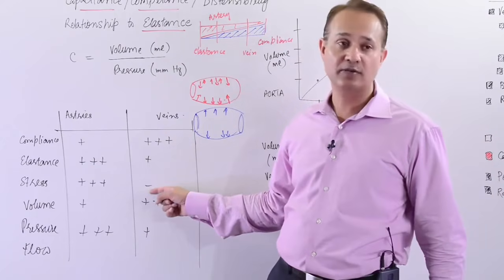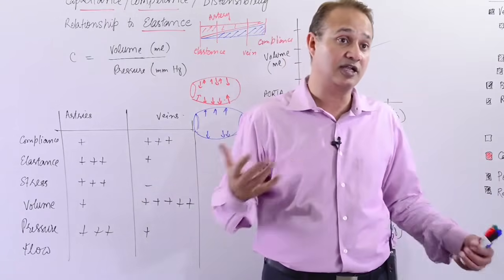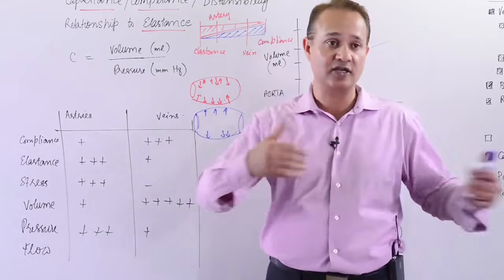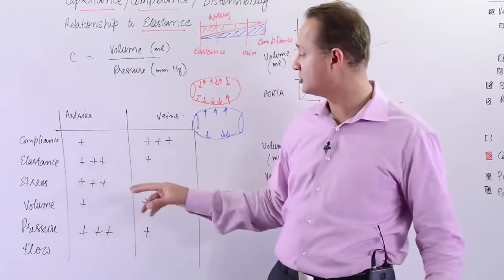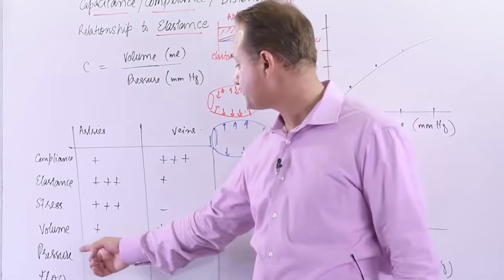How about stress on the blood? Yes, in the arteries, the blood is under stress. That is why we have blood pressure, systolic and diastolic. Higher stress is systolic, lower stress is diastolic. Never goes down to 0. In the veins, there is no stress. It actually can be 0.